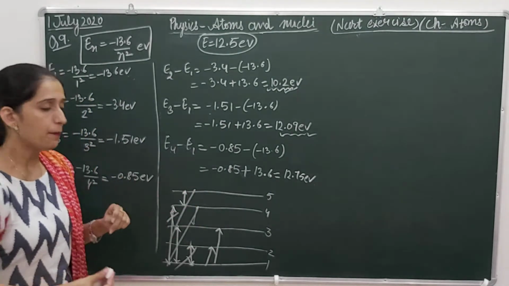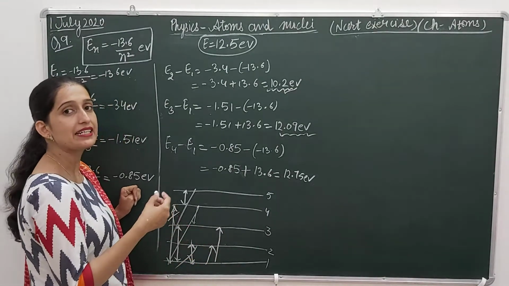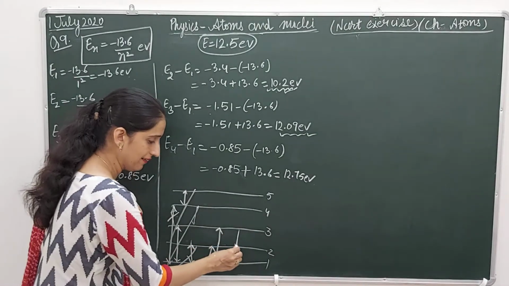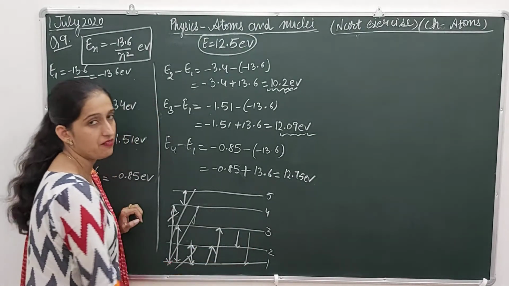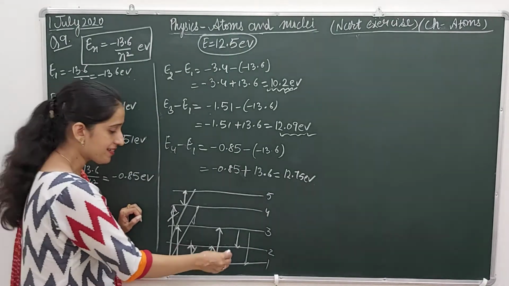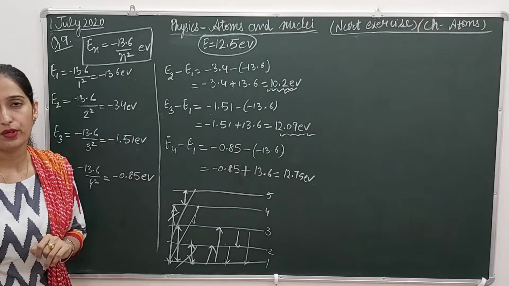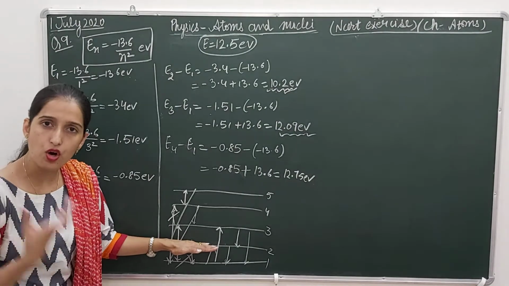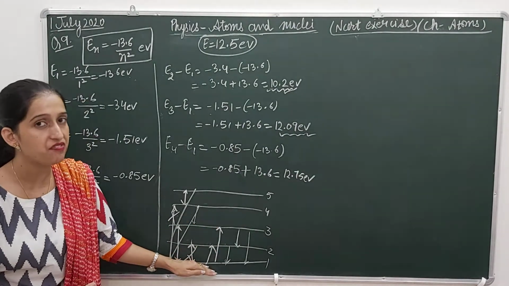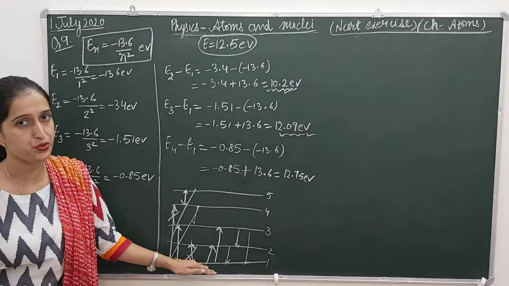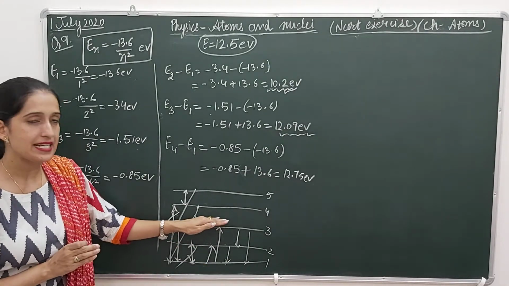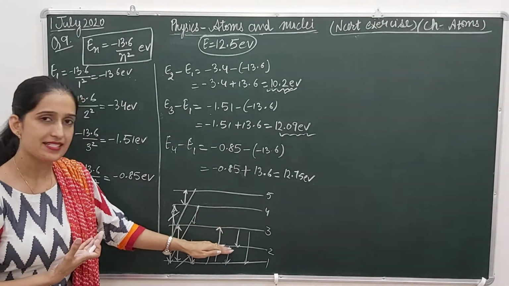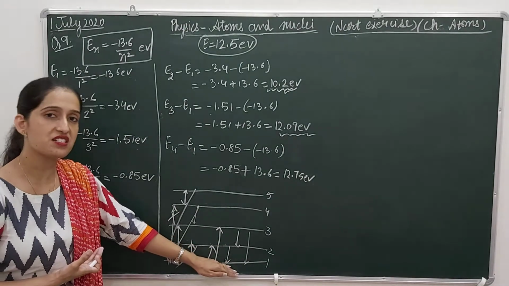Now, because we know the excited levels have a small lifetime, from the third level it may come to the second level or it may come to the first level directly. And if it is in the second level, it is going to come to the first level. So three transitions can be there. From the second energy level, of course, it is going to come back to the first level. It has only one option. But when the electron is in the third level, it has two options. It may come to either the second level or the first level.